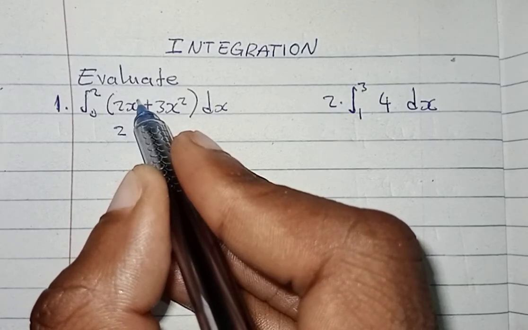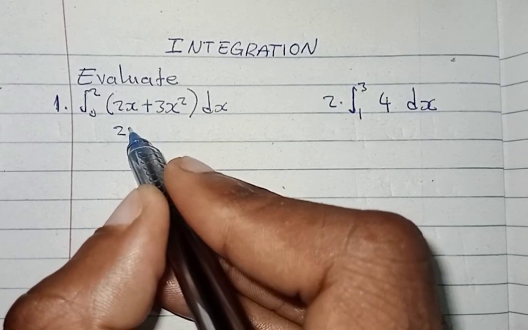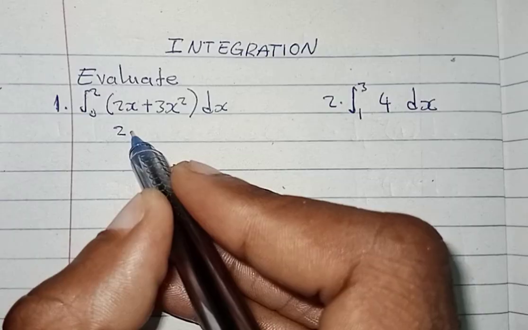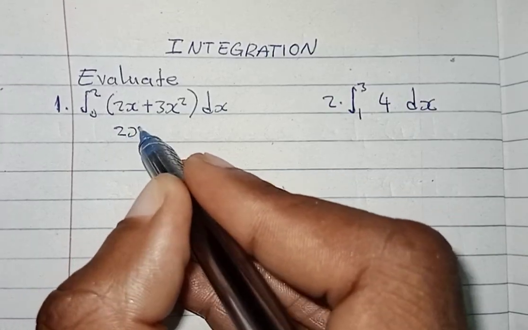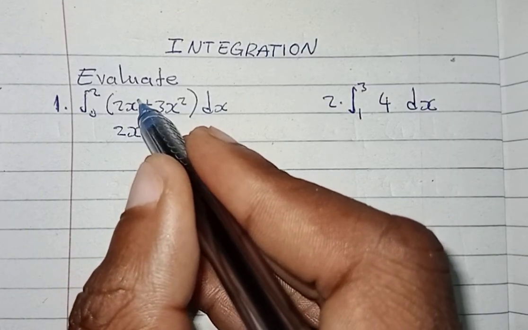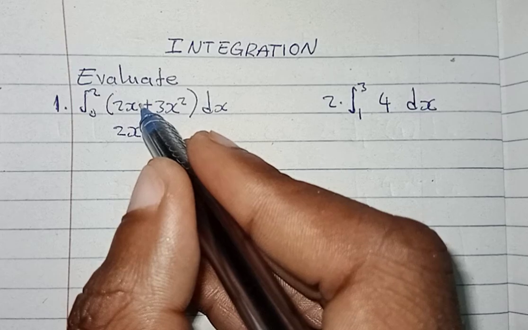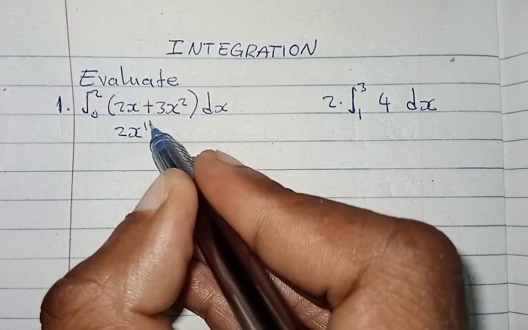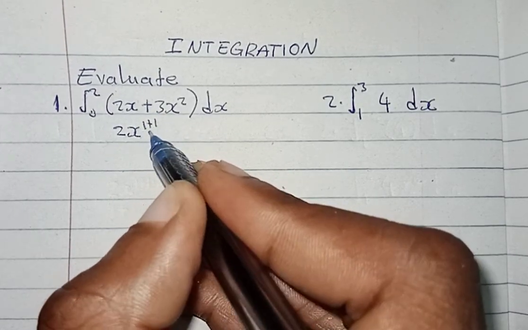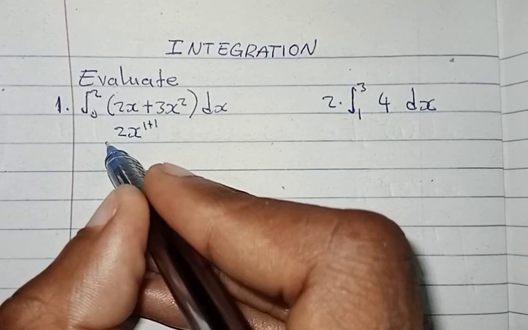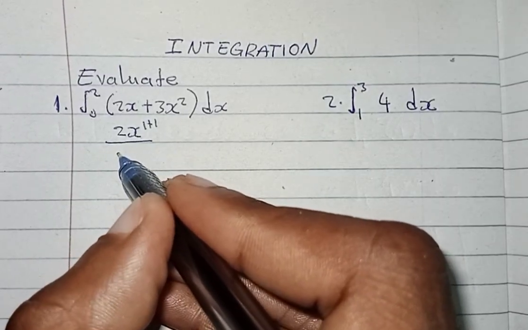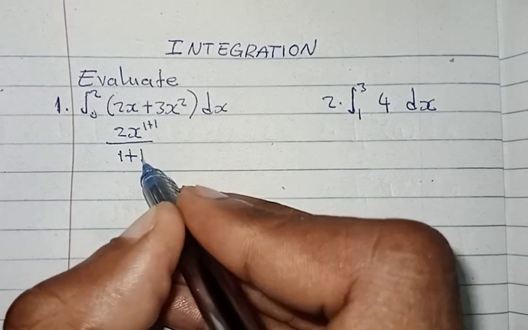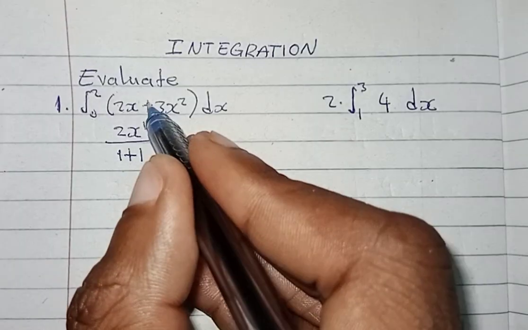X has a power, this power is 1. So in integration, we increase powers by 1. So we say x, the power here is 1, but we are going to increase it by 1. So we write 1 plus 1. Whatever new power we've put here, we divide it over like that. So we say 1 plus 1. Then plus